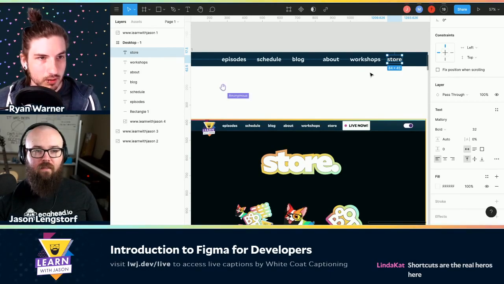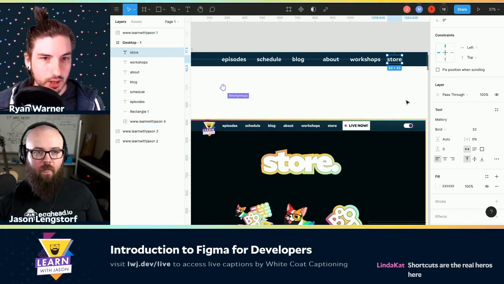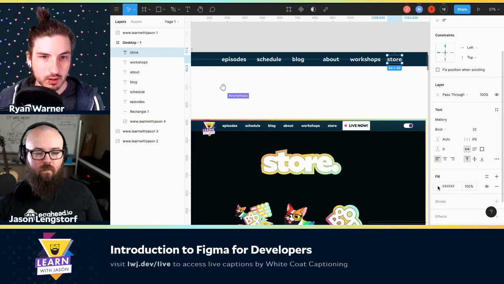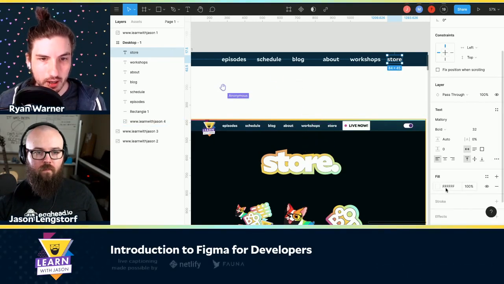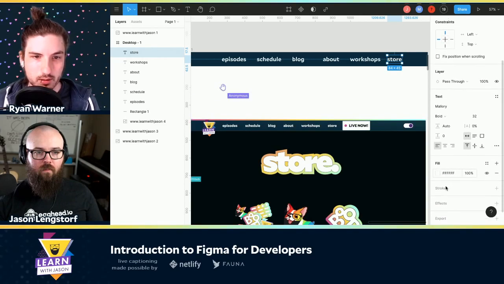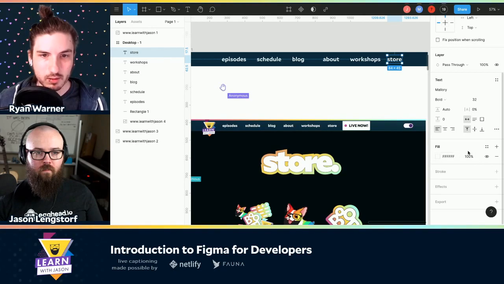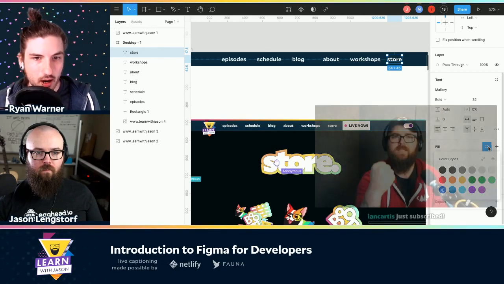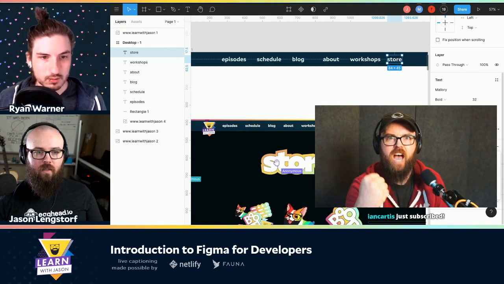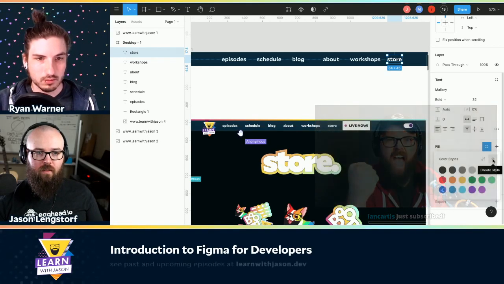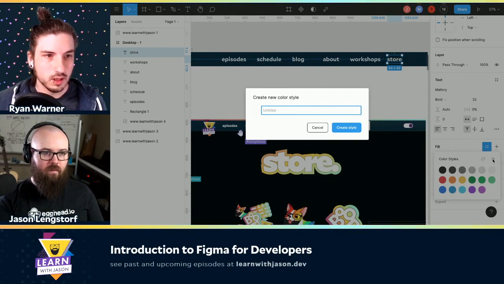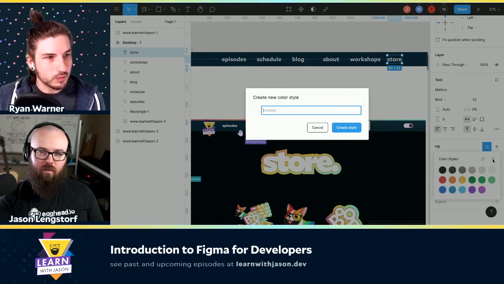So to start, let's start with a color. Okay. So we have this fill here, the FFF, and you can see, yeah, you're in the right area on the fill pane there. And there's this icon of four dots on the top right-ish. And this lets us create a color style. Nice. Okay. So I'm going to hit plus. Yeah, we're going to add a new one. And I guess we'll probably... Go ahead. We could just call this text or white or something.